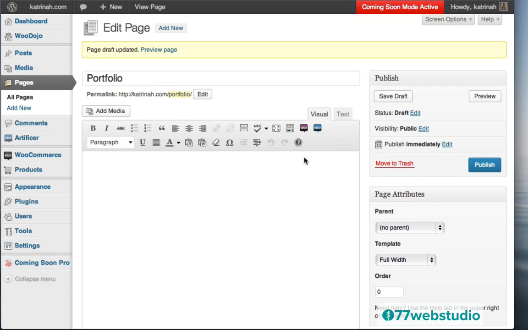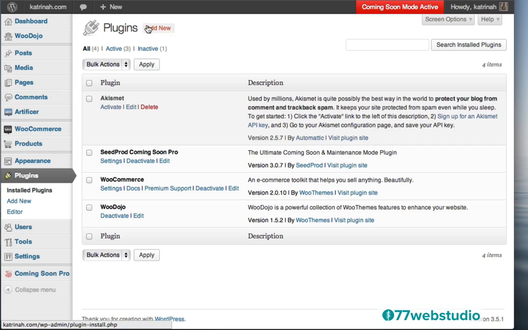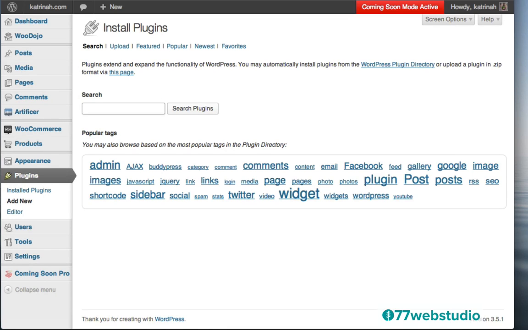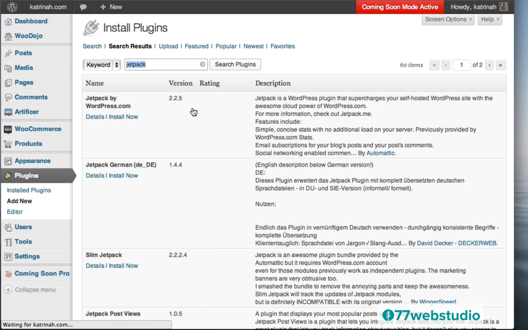Then once the draft has been saved, the next step is we need to add a plugin for the Lightbox. So we'll come back to this page in just a moment, but let's go add the plugin. So I'm going to click on Plugins right here. And then at the top, I'm going to click on Add New to add a new plugin. And the plugin that I'm looking for is called Jetpack. So I'm going to do a search here by typing in Jetpack in the search field, and then I'll click on Search Plugins to search for the plugin.